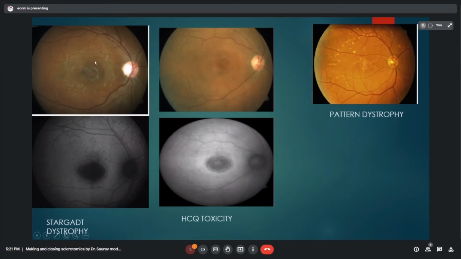Now, this is Stargardt's. Usually Stargardt's dystrophy onset can be in early childhood, but it can be in adulthood also. Pisciform flecks and a silent choroid on fluorescein angiography can differentiate it from geographic atrophy. In hydroxychloroquine toxicity, bullseye maculopathy type of lesions can be seen, but the patient will give a history of usage of the drug. Then pattern dystrophy, it can be reticular or butterfly shaped, which can be differentiated from geographic